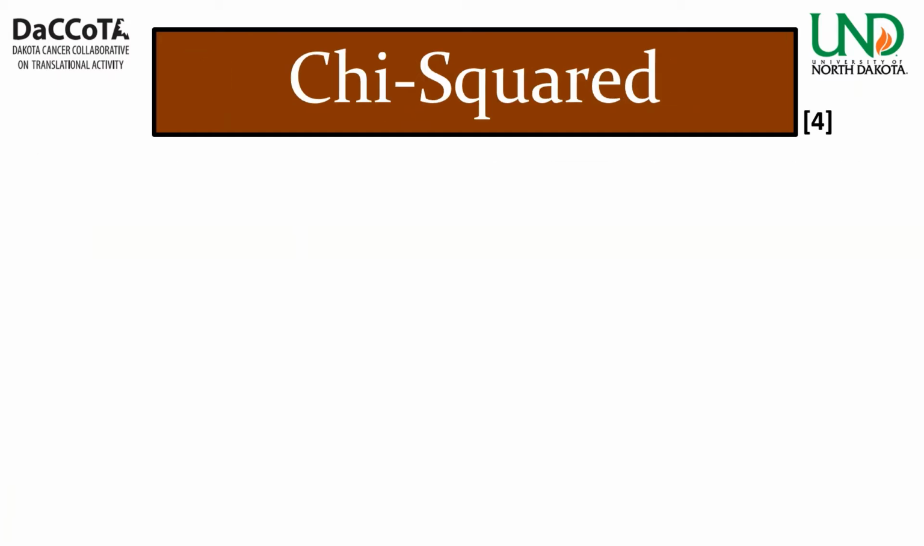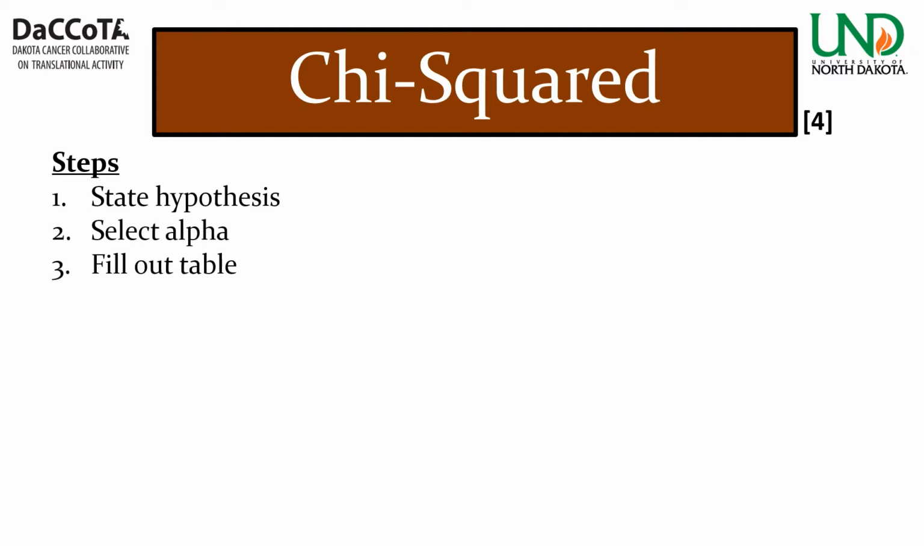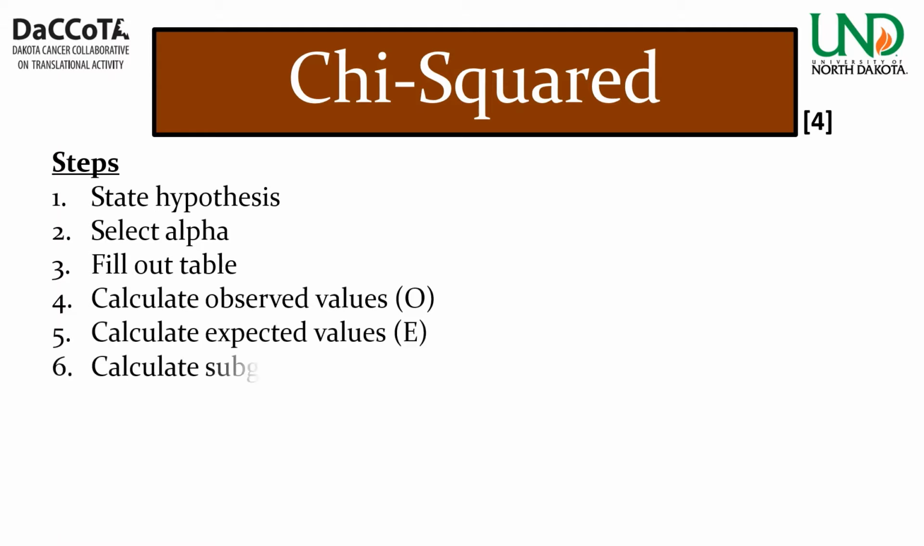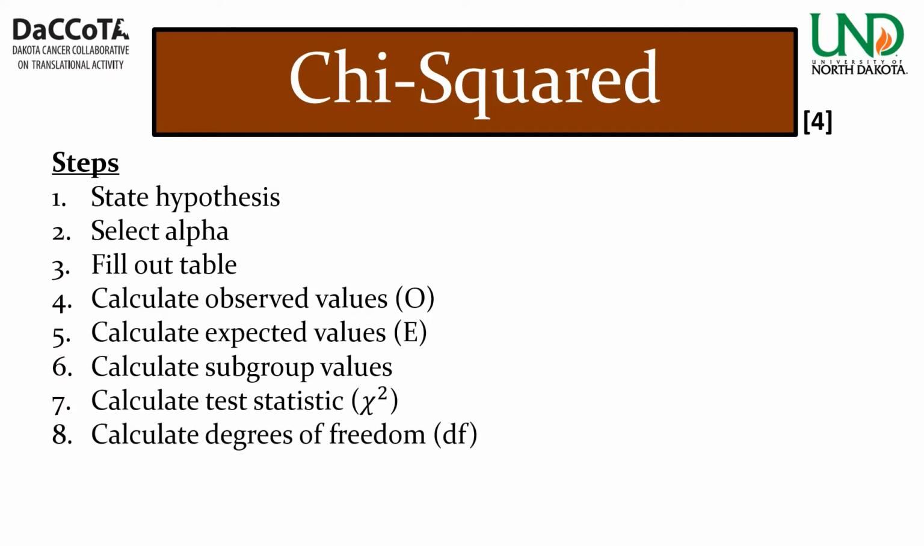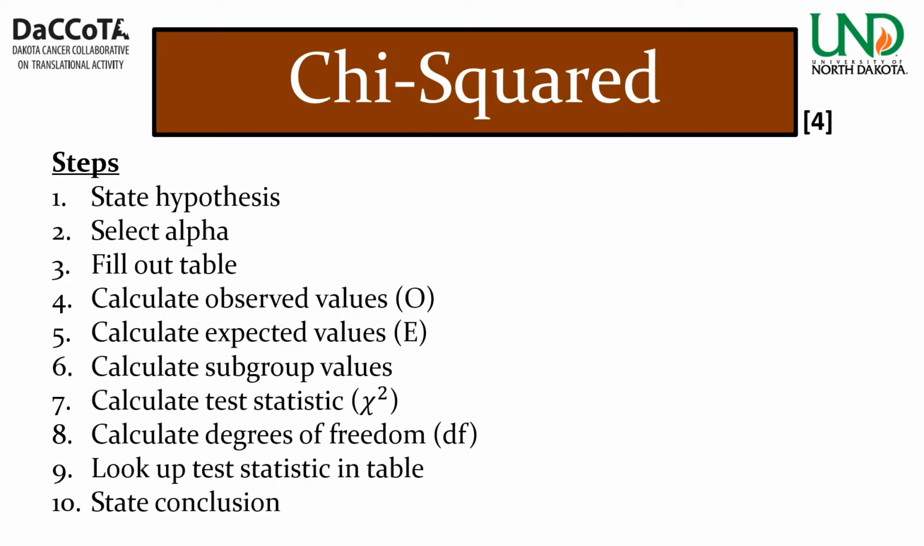Jumping in here first with the chi-squared, here are the steps we'll proceed with. We'll state our hypothesis and select an alpha to test it against. Fill out a frequency table, then get observed and expected values, calculating subgroup values using that information. Then we'll calculate the test statistic, the chi-squared statistic. Then calculate degrees of freedom. Look up our calculated test statistic on a chi-squared table, and then state our conclusion of whether or not that